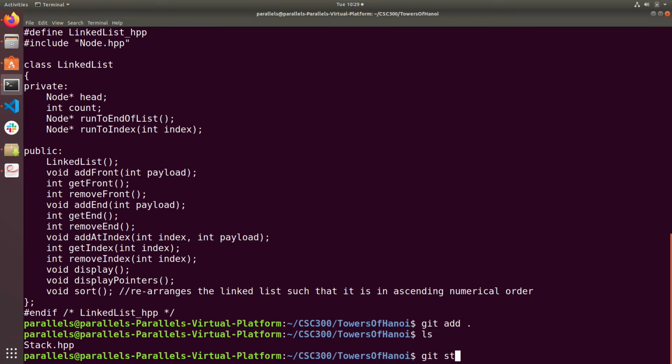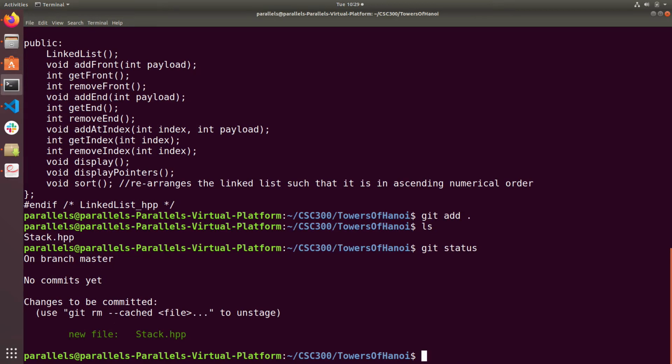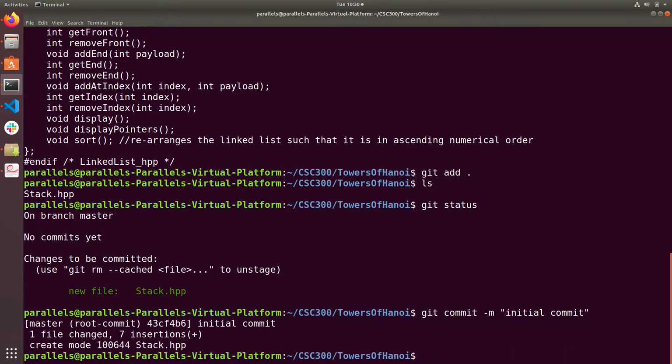So if I do a git status, it shows me that I have a new file called stack HPP. Git status isn't part of what you'll have to do. It's just a way of showing that your local Git repository has updated. So then I'll do a git commit -m, call this guy initial commit. This will commit my code to the local Git repository. All right. Then